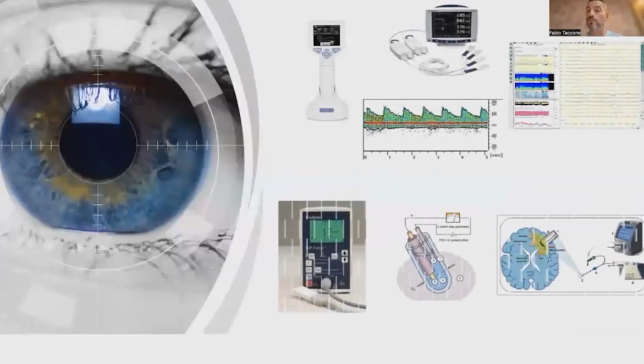And pupillometry should be part of the large armamentarium of neuromonitoring we have at the bedside. Very easy to implement, very easy to use, very friendly to use. It will give some information which is very easy to understand,